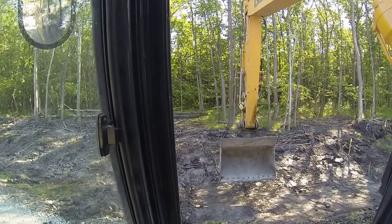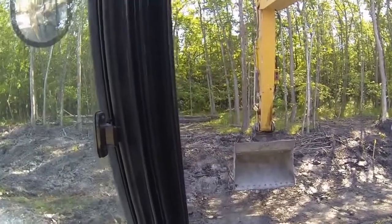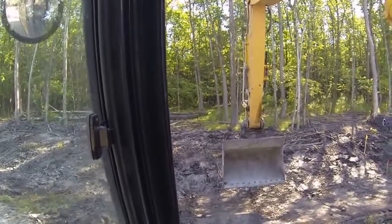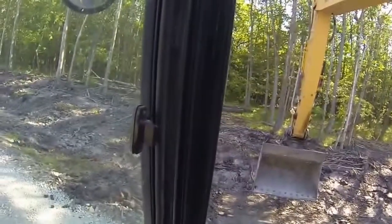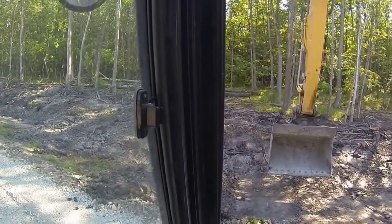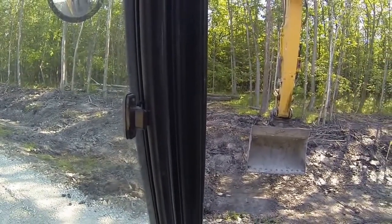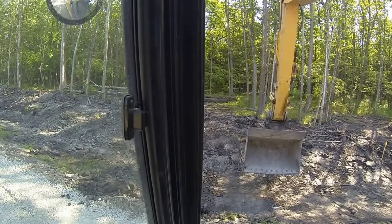Hey guys, I'm just doing some laser ditching here. Move the camera here. Sorry about making this jerky, but I have a different kind of setup here than normal. Okay, anyway, getting back to it, I'm doing some laser ditching for a seasonal campground near my hometown, and